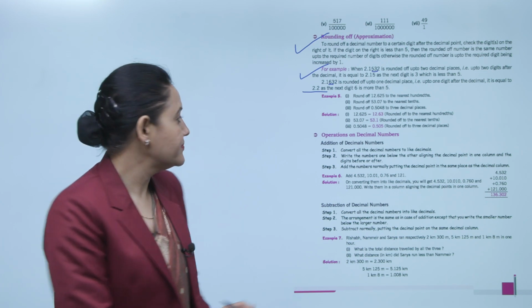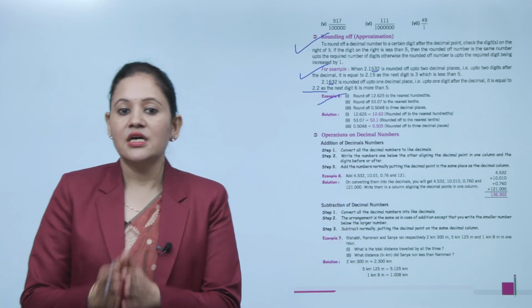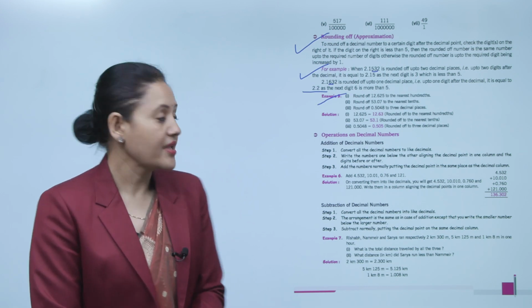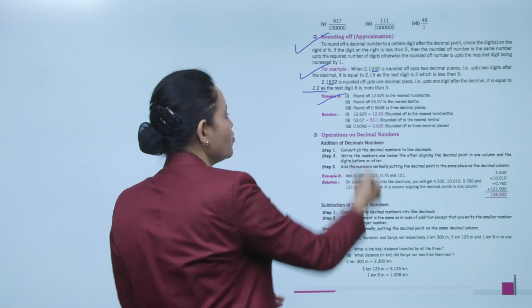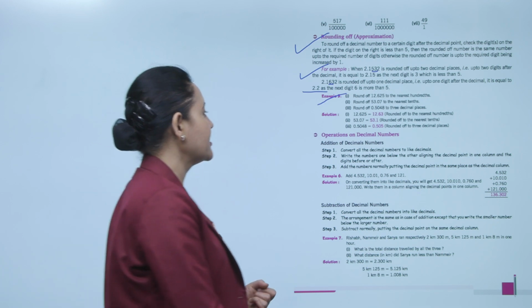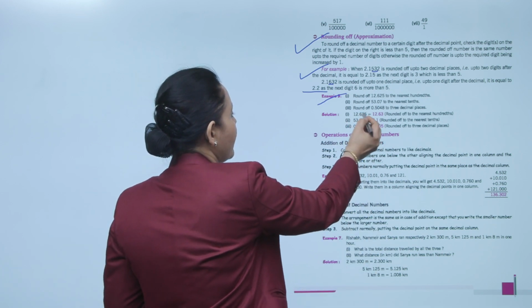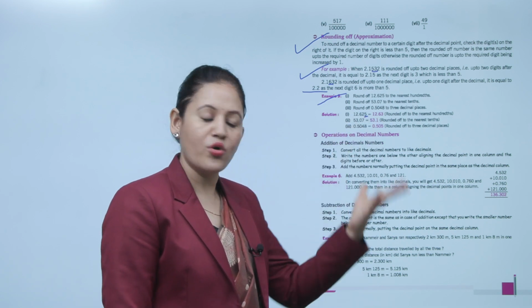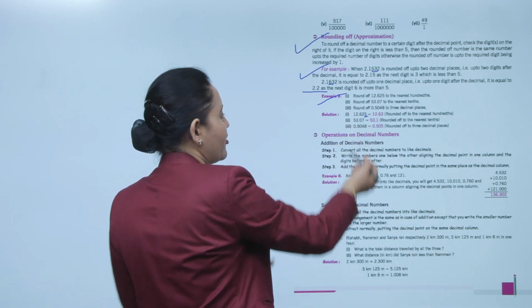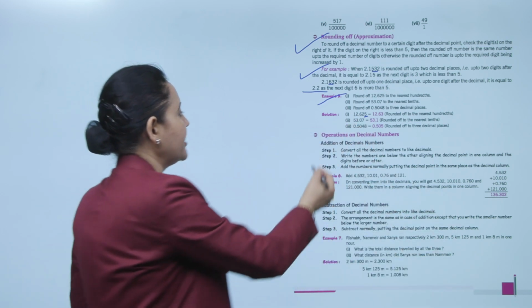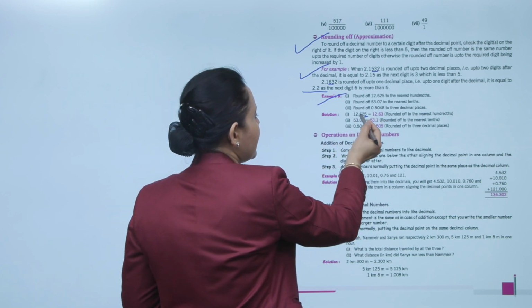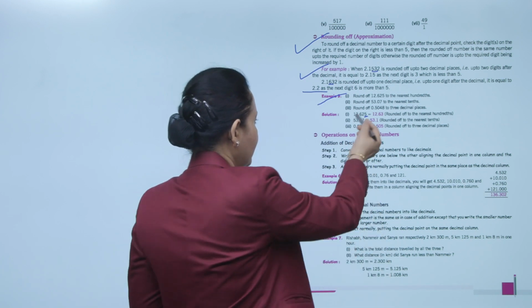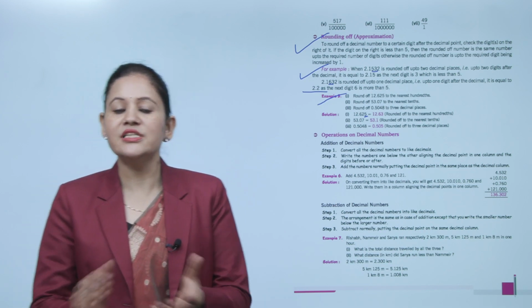We'll take an example. Round off 12.625 to the nearest hundredths. Clear? Now 12.625, round off to the nearest hundredths. So the next digit is 5. If the digit is 5 or more than 5, the number gets rounded off and its value increases by 1. So that is equal to 12.63, because the digit at the hundredths place is 2 and the digit on its right is 5, so that is equal to 12.63.